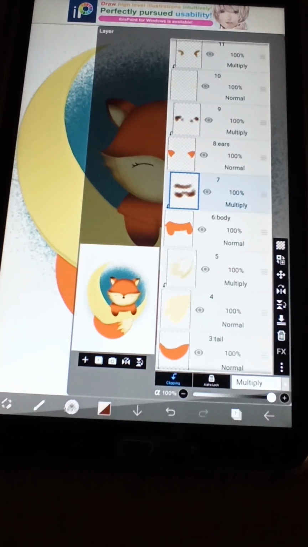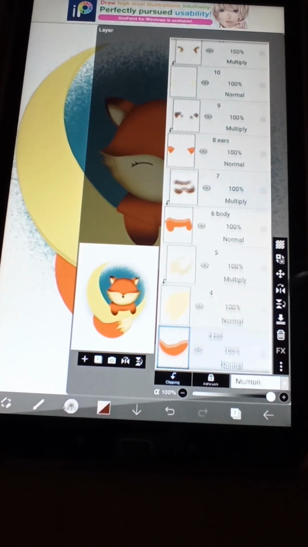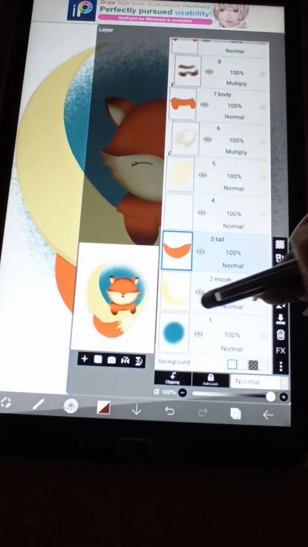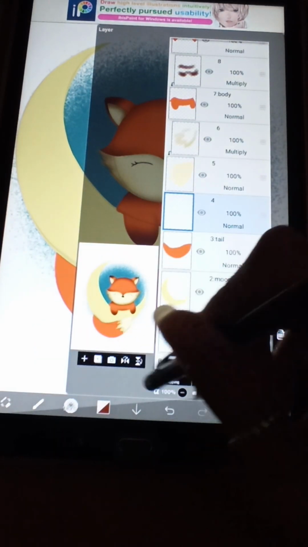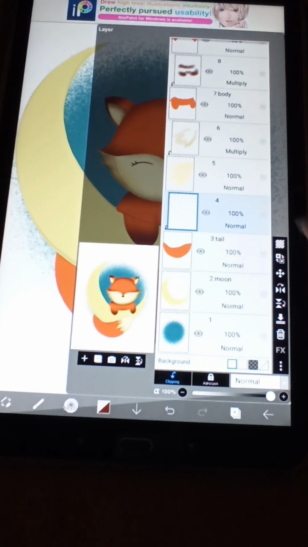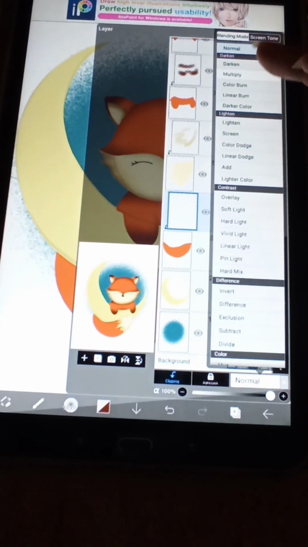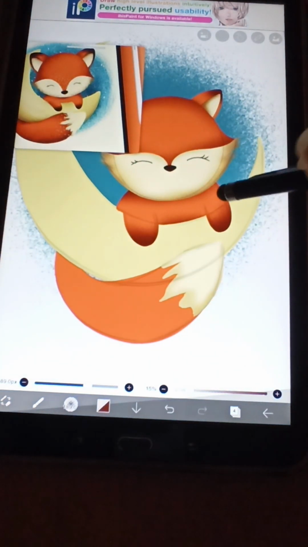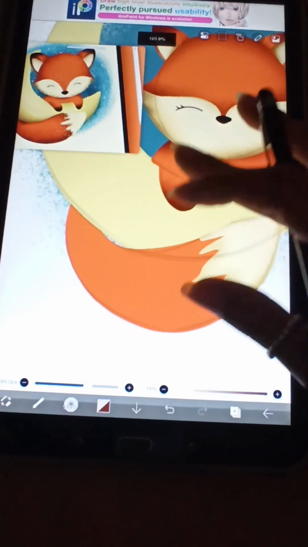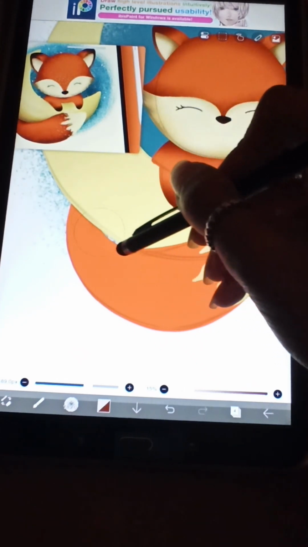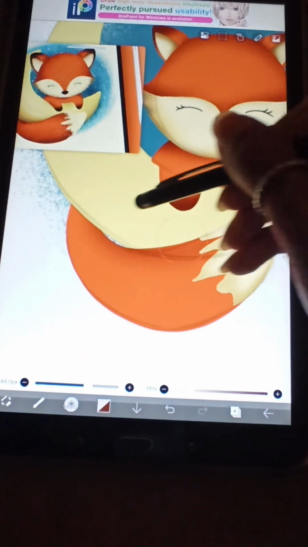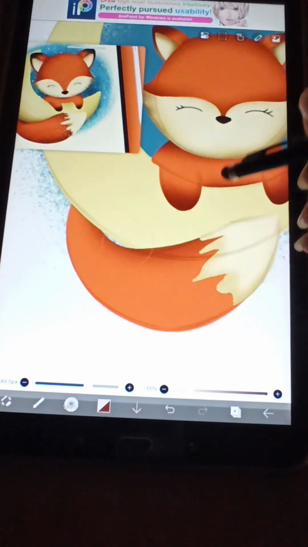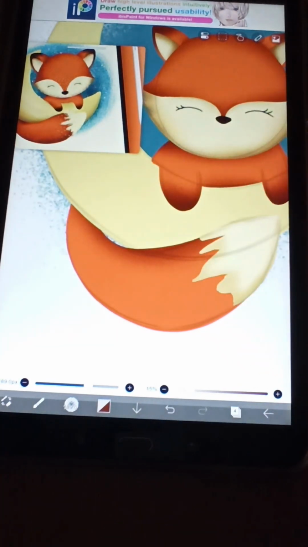So we're going to color shading the tail, so I'm going to choose it, create a new layer above it, clipping, change it from normal to multiply with the same shade that I used for the body and the wrist. So I'm going to add it here, layer 1, layer 2, okay, like that,